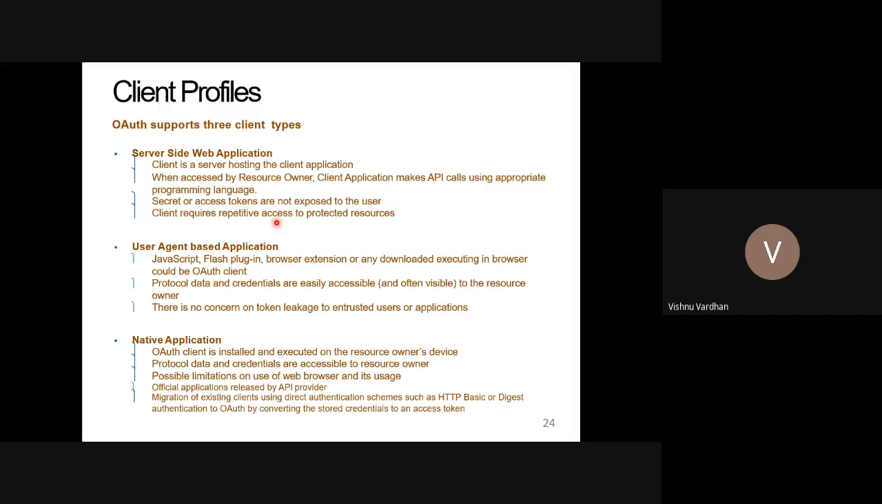Then the client requires repetitive access to protected resources. So you might have heard of JWT tokens. The web tokens are released once you make the first communication with any authorization server. Accordingly, those tokens are reused for further communication with the resource providers. So in that way, the client profile can be